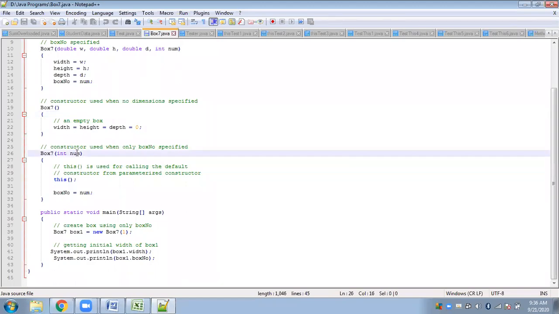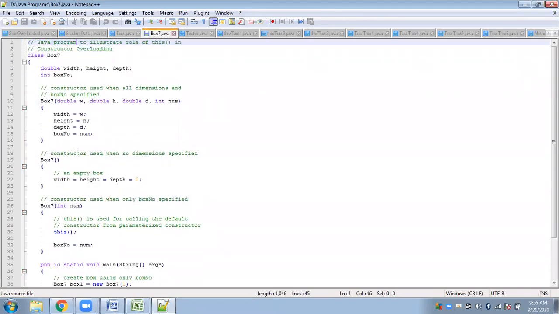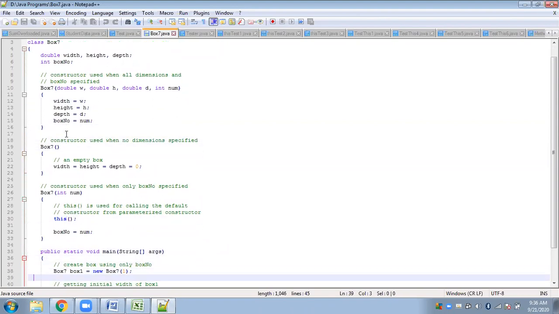Even in here, we went through this keyword in the previous class. Okay, so here we had a Java program that illustrated the role of this keyword in constructor overloading. So see, this is again one example of constructor overloading, where we have 3 constructors.